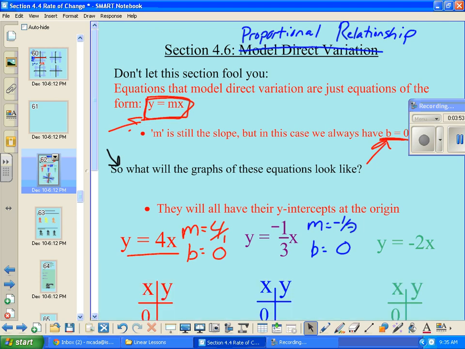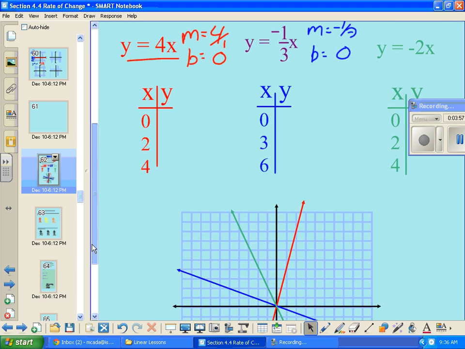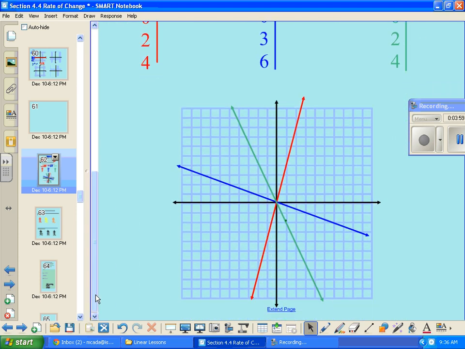So for example, I've got some tables here, but that's just another way we can talk about them too. I'm just going to go to the graph for now. As I was describing, there could be the graph of those 3 equations right there: the red one, the blue one, and the green one. They might look something like this. Again, the biggest thing I want students to get away from this, though, is that in a proportional relationship, every graph should